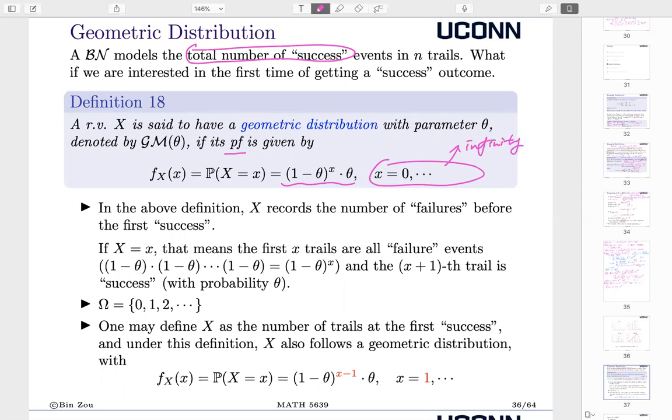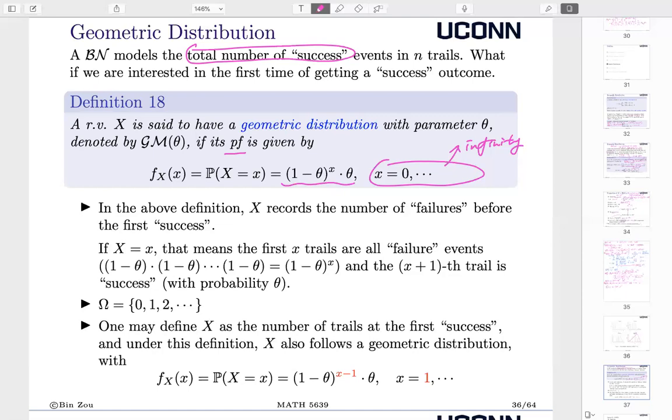Which means, let's consider a coin example, okay? Let's say the success is head. It is possible that in every tossing, I get tail, right? And it continues, it does not end. Although that's really unlikely, I cannot rule out the possibility of it, right? So it's possible that I never see a success event because I am so unlucky. I keep getting the result of tail. Okay, that's possible. So that's why here the possible values of x are 0, 1, 2, all the way to